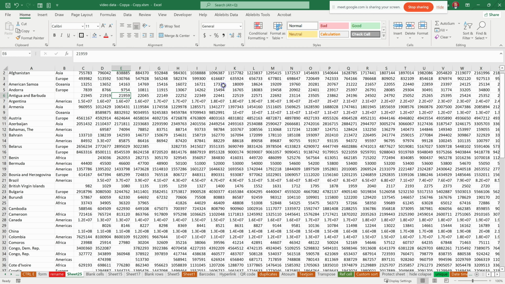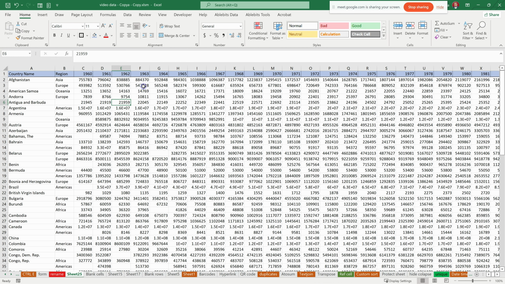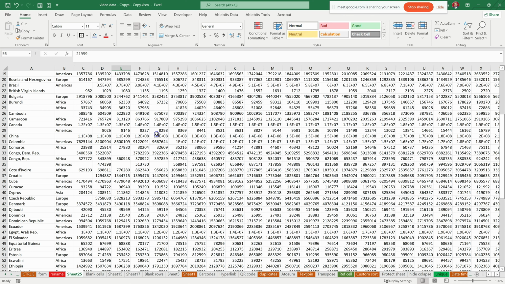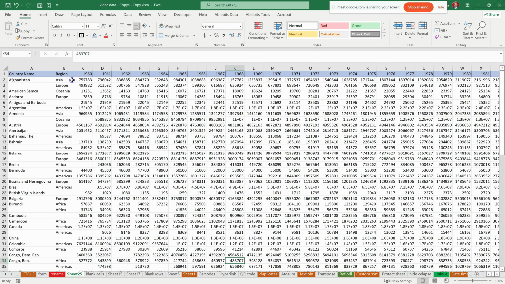Now this is the header. When I scroll down, you see it will disappear together with the other rows, so it will just disappear like that. But when I come to a place like this, I don't know what this is represented on. So I don't know whether this population is of which year, I don't know this other one here. So the best thing will be to freeze the whole of this header here, so that when you're scrolling,